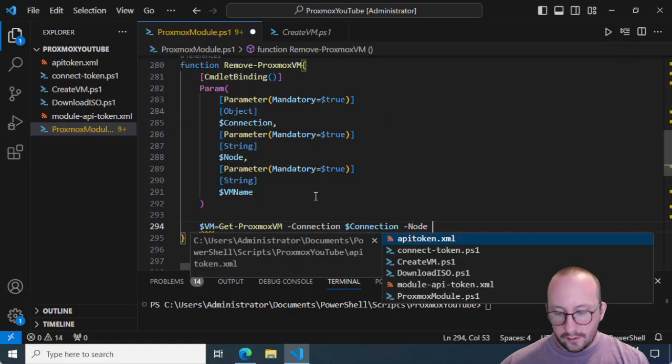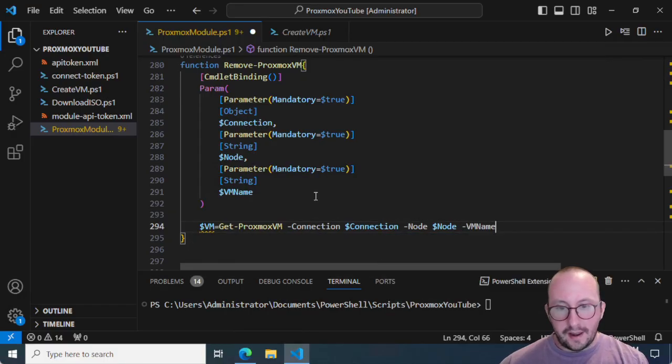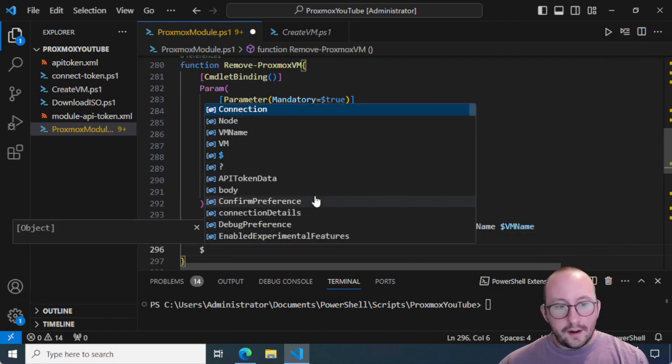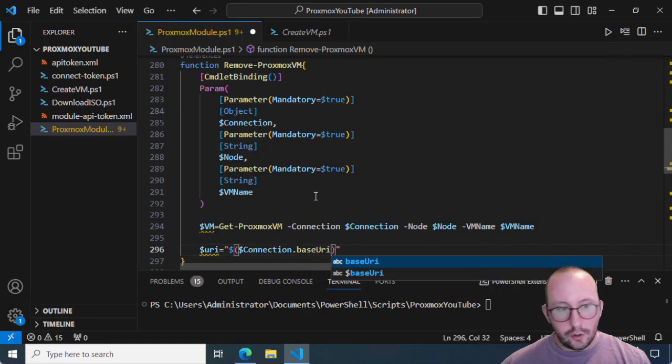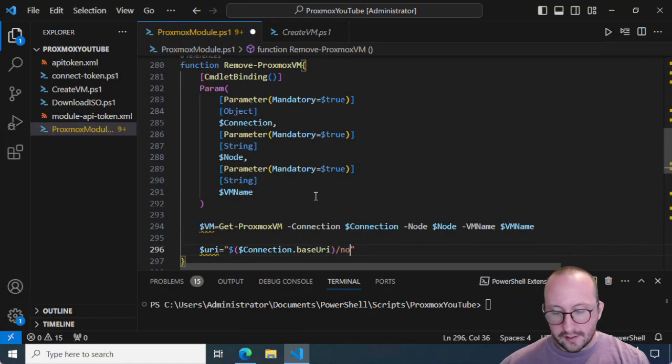The node is going to be the node that we have received. And then the VM name is going to be the VM name we have received. And then we're going to go ahead and do a URI as well. And as we know, the URI will always start with connection.base URI. And then we're going to do a slash nodes slash and then our node variable slash emu slash,